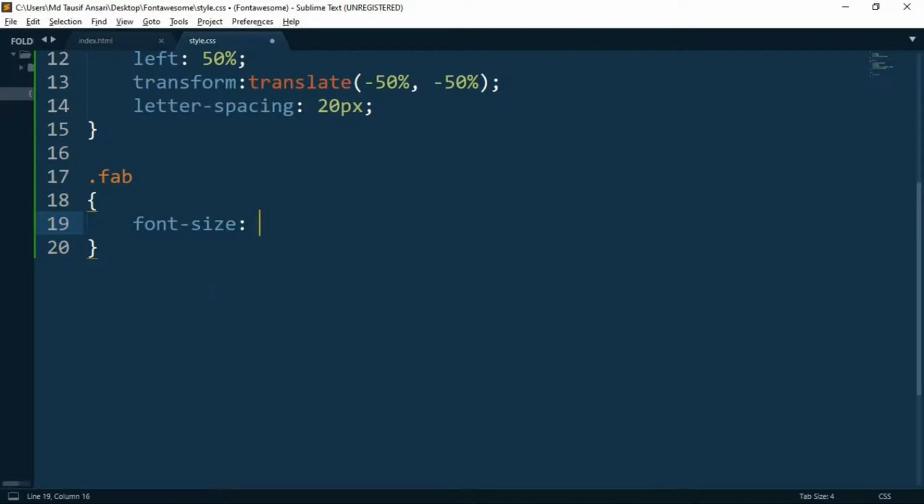They have a default size of 16 pixel, and if you want to make it look bigger, you can give it a font size more than 16 pixel. Let's just say we give it a size of 48 pixel, and let's see how it reacts to it.